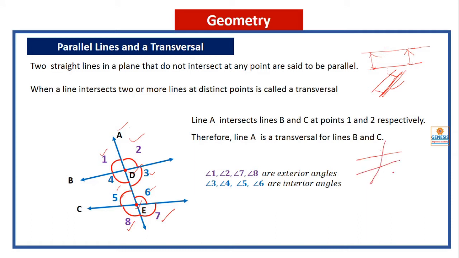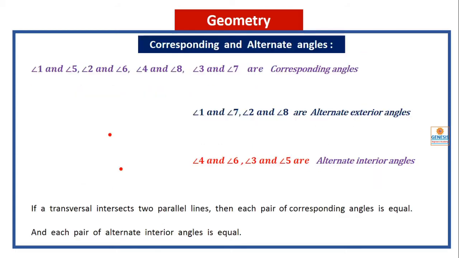Suppose these are the two lines and another line intersects these two lines, forming intersecting points like P and Q. These outside angles are called exterior, and these inside angles are called interior. Okay, so next,